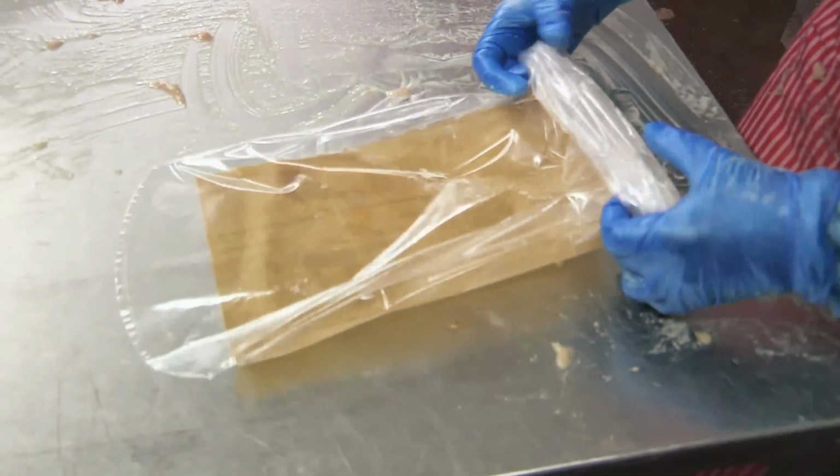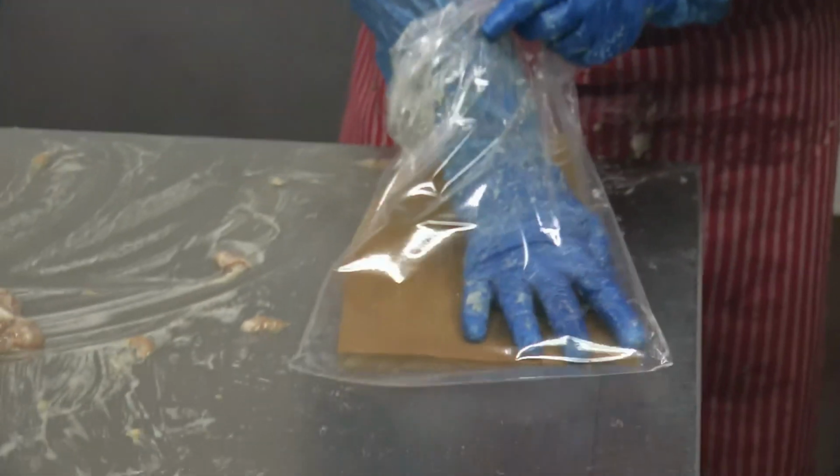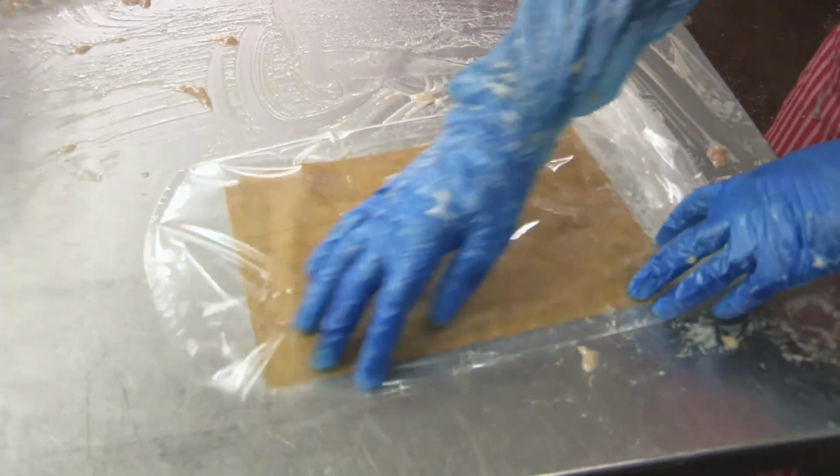So, the other point I should make here is that this brown leaf that he's putting in there adds honey flavour. That adds honey flavour? Yeah, and gives it a roast effect. Really? So it's impregnated with glucose syrup and colourings. It smells like smoky bacon crisps. Yeah. It's sort of got a...